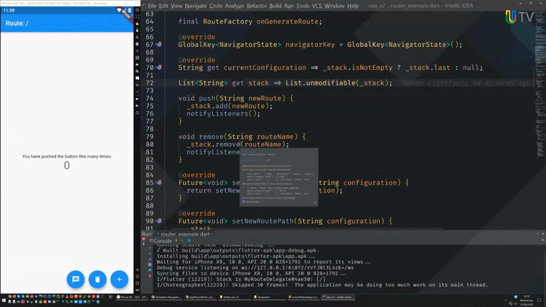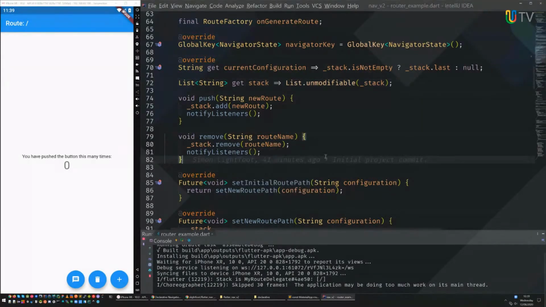Just like the original navigator, I provided my own two functions here, which is push with a new route, which just adds it to the end of the stack and notifies that it needs to be rebuilt and rebuild all those pages. And again, the same thing goes for remove. We're just saying remove and then notify that we need to change.